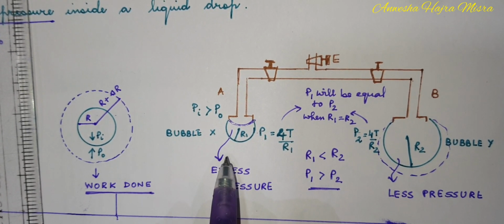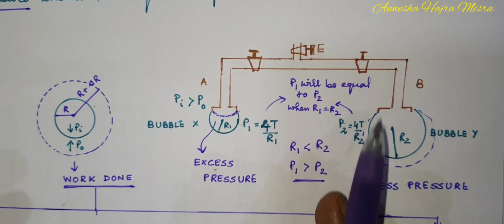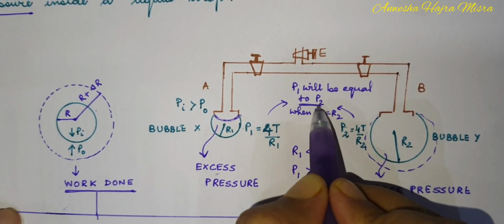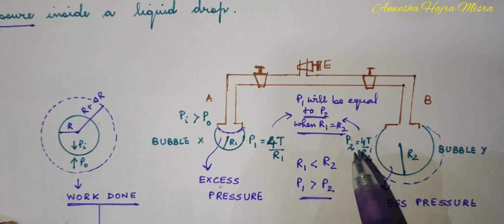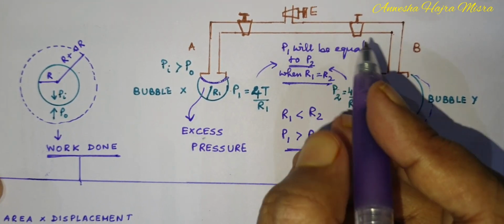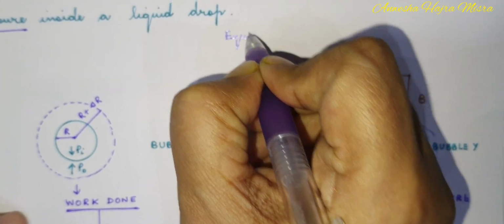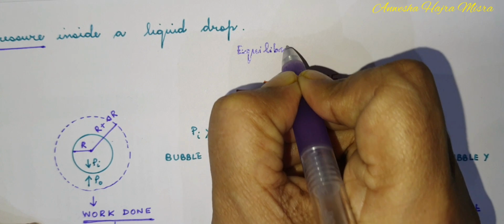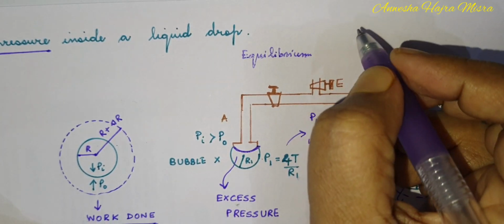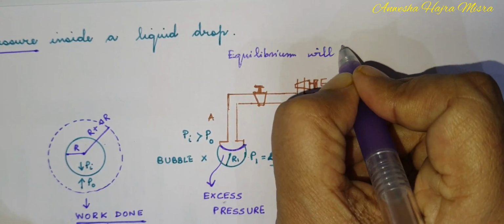Because here there was excess pressure, here there was less pressure. Air will flow from here to here until the pressures are the same, and this can only happen when R1 becomes equal to R2. So equilibrium will be reached